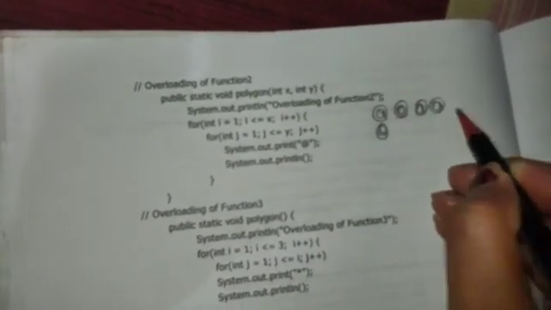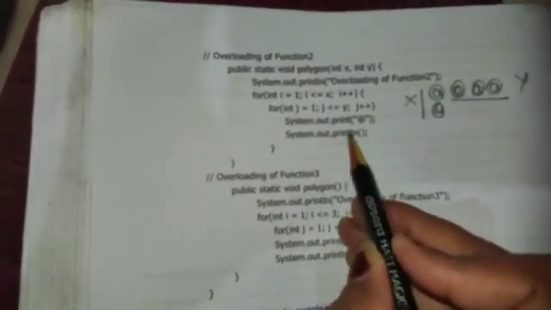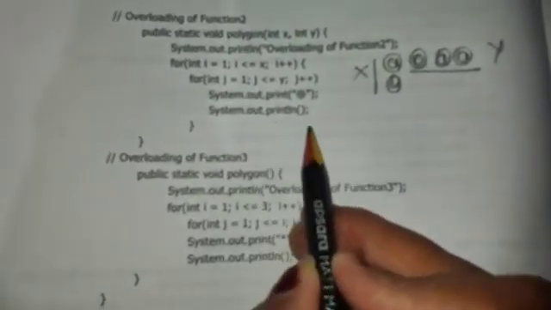So this time, i equals 1, i less than or equal to x, the value of x is 2, i plus plus; j equals 1, j less than or equal to y, the value of y is 5, so this will go up to 5 and this will go up to 2. The at-the-rate symbol will be printed like this 5 times, for each value of x and y. It prints the at-the-rate symbol and then a blank.